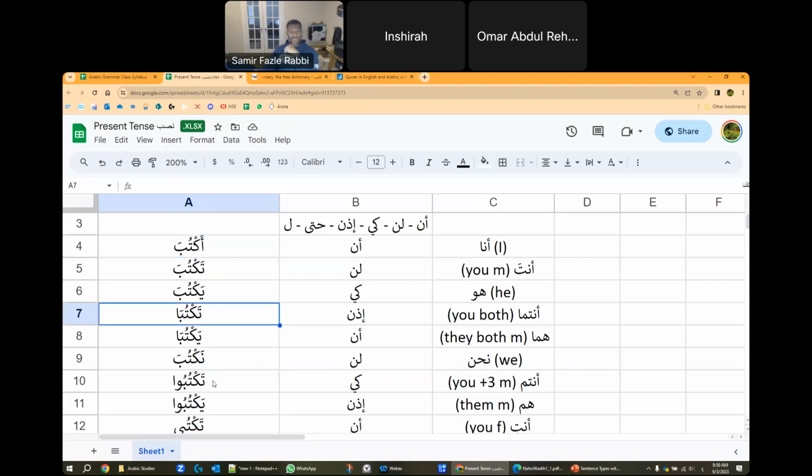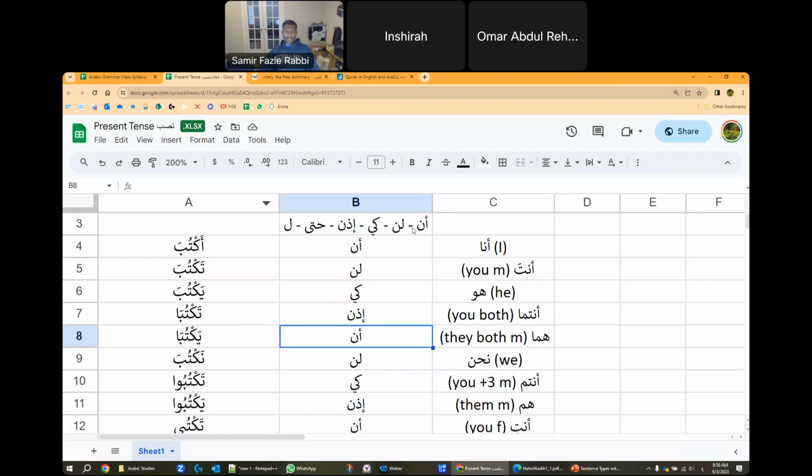But also these things are going to stay the same. Whether it's idan, an, lay, k, or lam, whether it's jazm or nasab harf, it's going to be taktuba. They're both the same. That's how they do it in Arabic. They just drop the noon. In both of these cases, we drop the noon because of idan